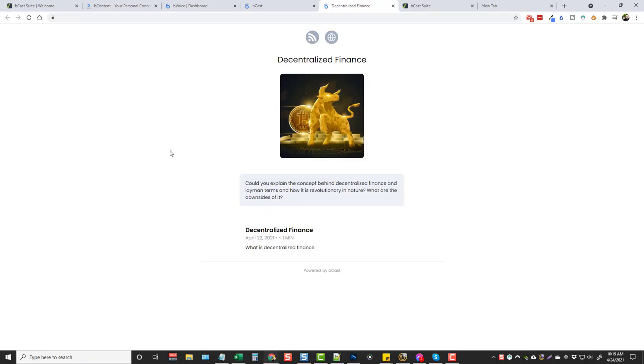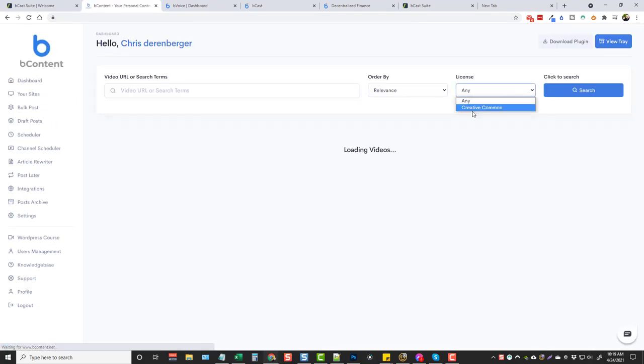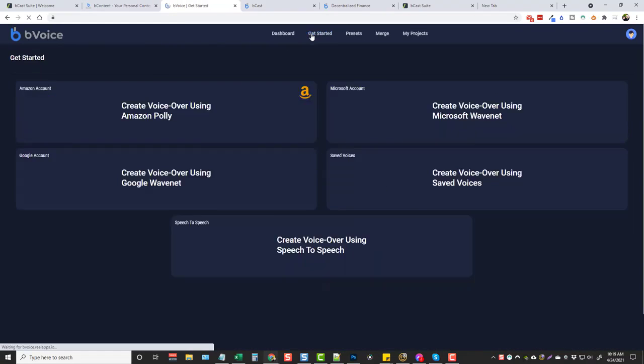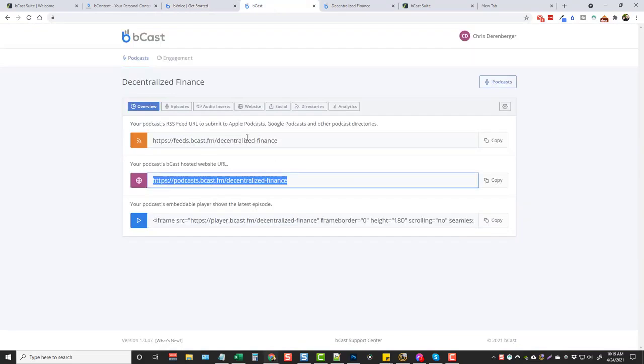So if you're into podcasting, this is an ideal tool to use, but I do recommend that if you create your podcast by using content from here, remember that when you choose your content, you always use Creative Commons, so you're not going to have any legal issues. When you go to bVoice, I recommend that you always use the Microsoft options because it sounds much more human-like than the other ones. And then when you set it up on bCast, it should only take you about 10